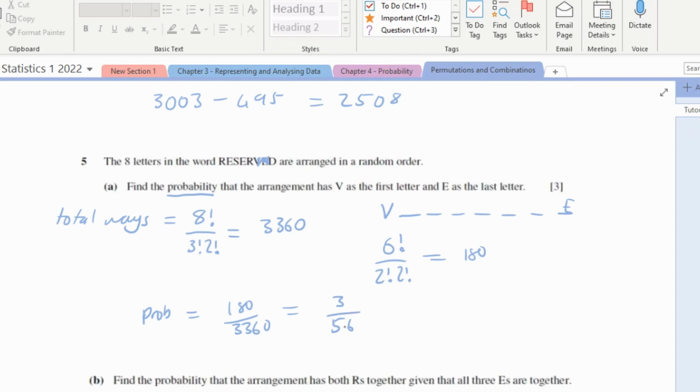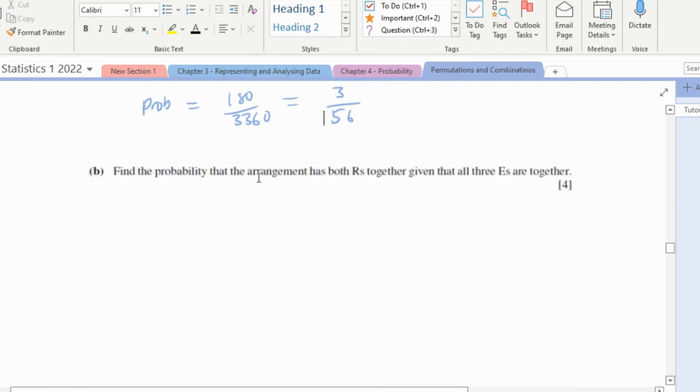Okay, yeah, we're just about done. Okay, last one. Okay, both the R's together, given that all three E's are together. Oh, okay, so this is